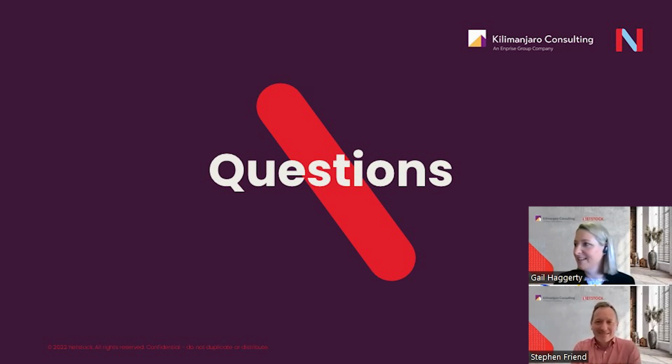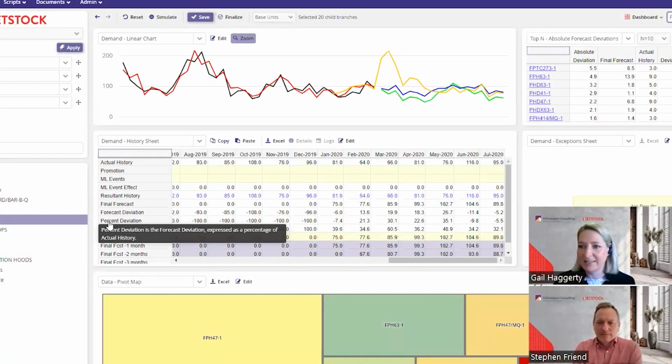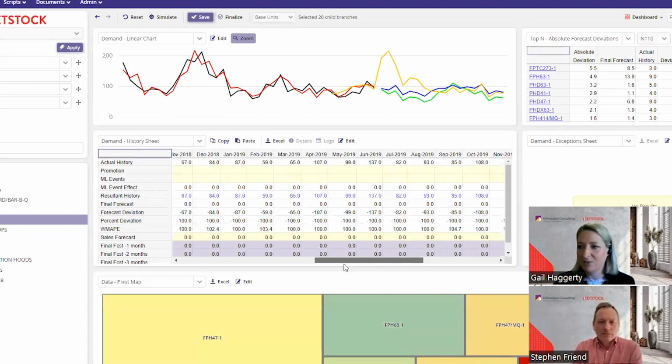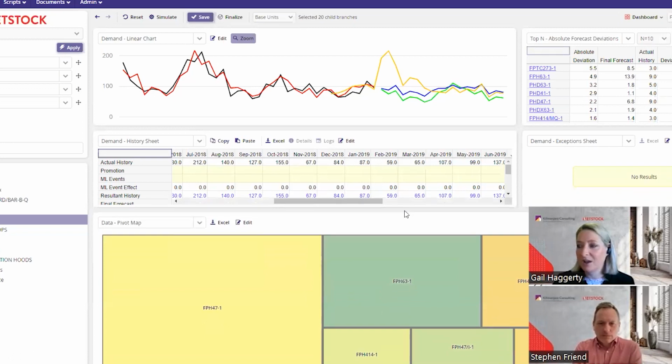Okay, fabulous. All right, so let's jump into the forecast performance panel. And this is where we can see that percentage deviation, the forecast deviation, and we can really analyze all of this based on how well we've been performing. And again, that fitted forecast is what was calculated previously versus the actual sales. So in this model here, we're actually doing a pretty good job. The variations aren't very big, but also this heat map down here gives us a really nice view of being able to drill into the individual items.